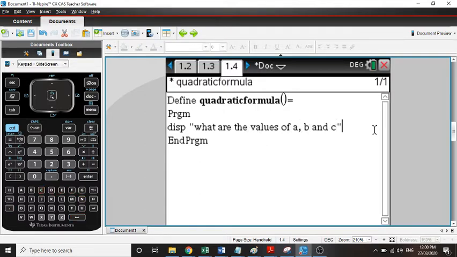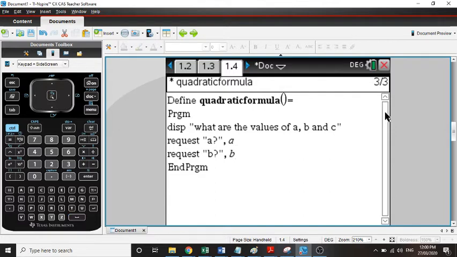So that's what we're going to have there. And then we're going to say request. So we're going to say request a with a question mark, and we're going to store that as a, and then we're going to request b with a question mark, and then we're going to store that in b. And we do that by pressing